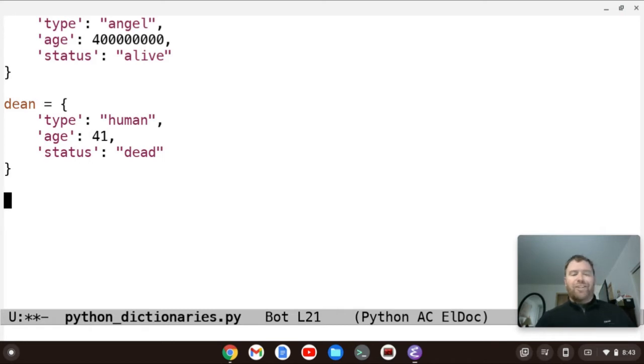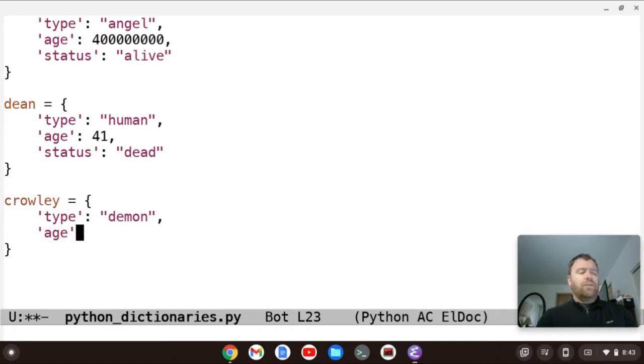We'll create one more dictionary like this, and I'll base it off the character Crowley. He has a type equal to the string demon. He has an age equal to 356, and his status is dead.